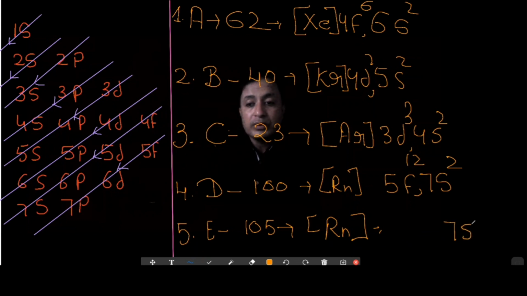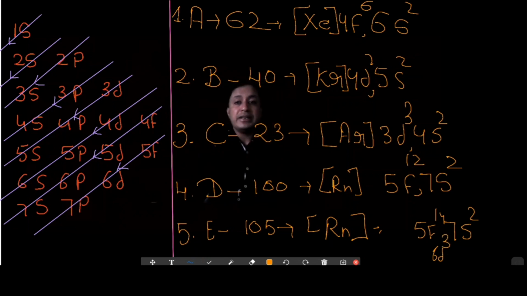So the next electrons will be going in 7s2. Then 14 electrons will be going in the 5f orbital. So it makes it 16. It means 16 plus 86, 102. So the rest 3 electrons will be going in the 6d orbital. The space is less here, so I am writing 6d over here. The next electrons are going to be 6d3. So that is going to be the electronic configuration for the element E. So this is the way of writing the electronic configuration by using a shortcut method.